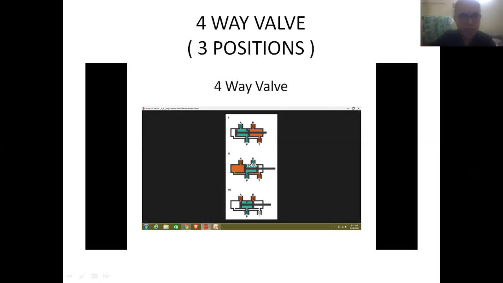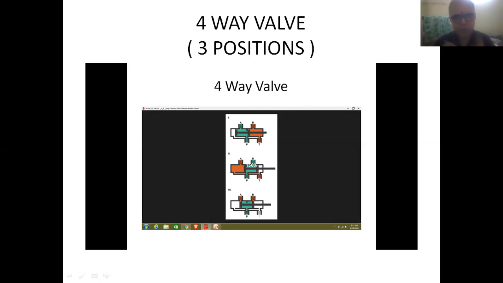This is the exhaust port of the DC valve. So this valve has one inlet port, 2 outlet ports, and 1 exhaust port. Totally it has 4 ports, therefore it is referred to as a four-way DC valve.